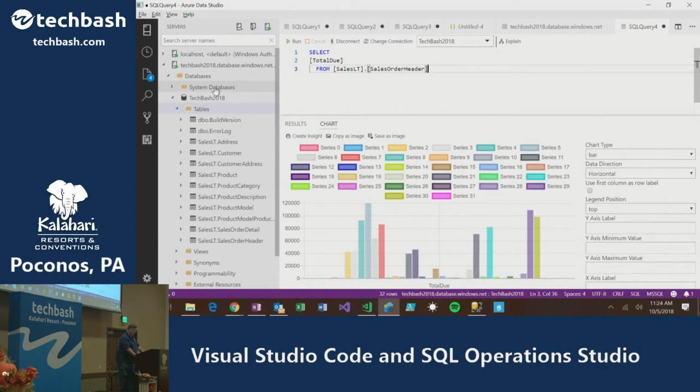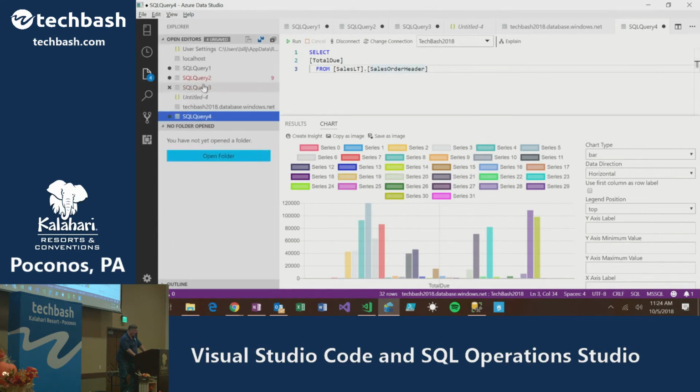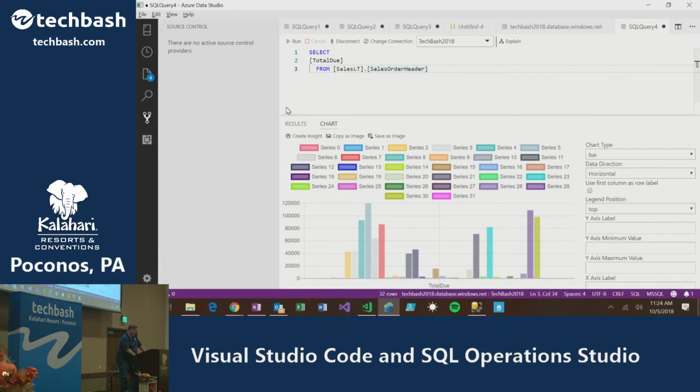I'm not going to go into any more details right now, but I just wanted to show you, it looks like it's a pretty solid product. It looks very useful. One of the nice things, if I have a query like this, I can save my queries. And I can also attach them to something like GitHub and save all of my SQL scripts to do source control and versioning, which is nice.